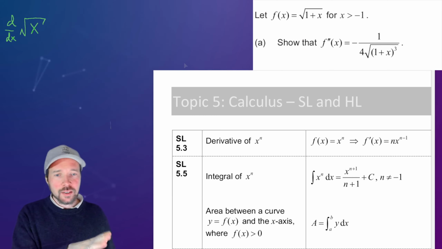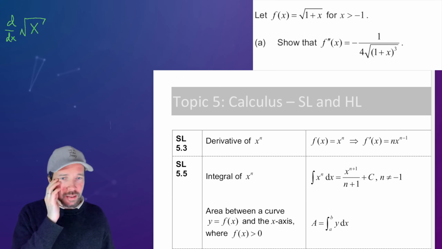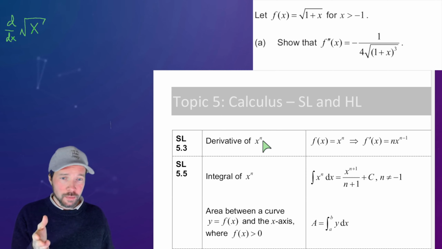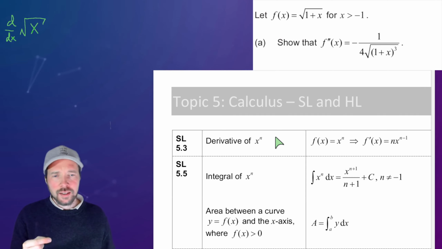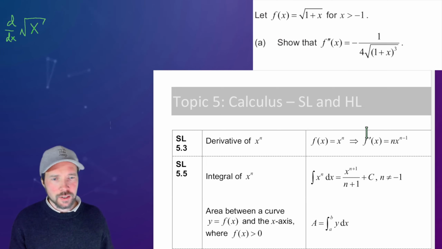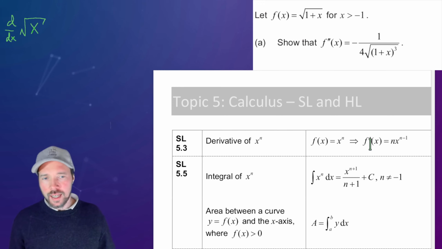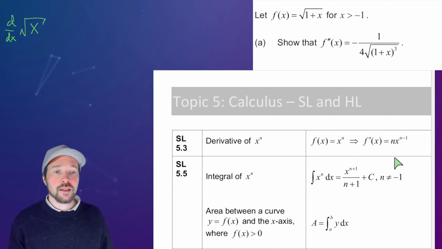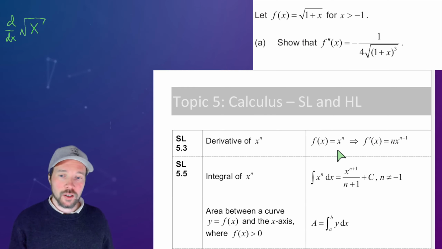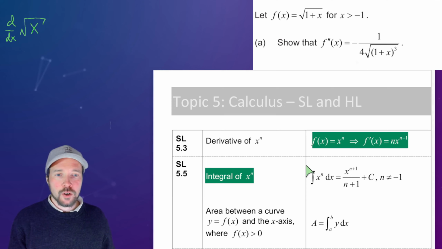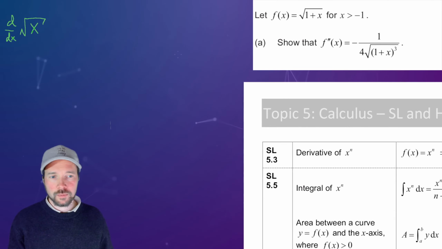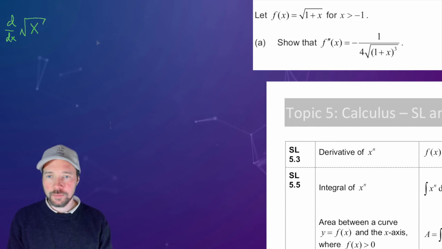The way it's written here suggests that this n must be an integer or a natural number, because they use the letter n. But actually this rule works for any rational n, irrational n. It could be even like x to the power pi. Then the derivative would be pi times x to the power pi minus 1. Why not? And so this rule helps us to take the derivative of square root,